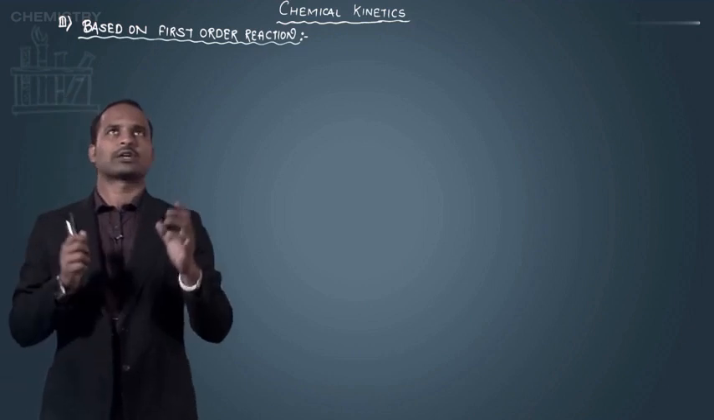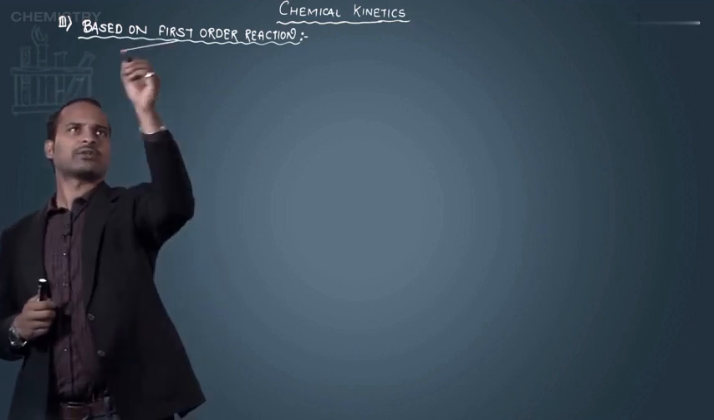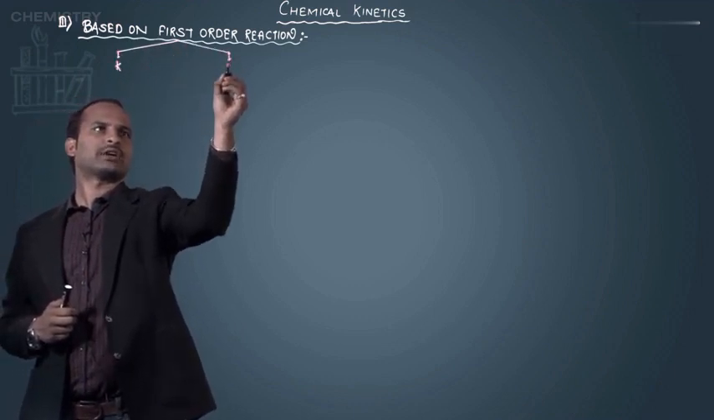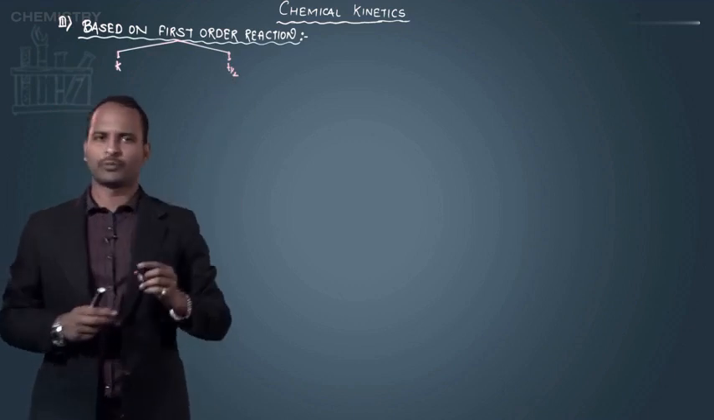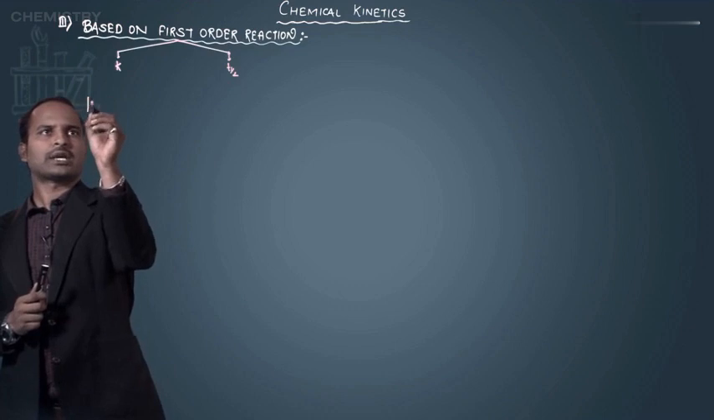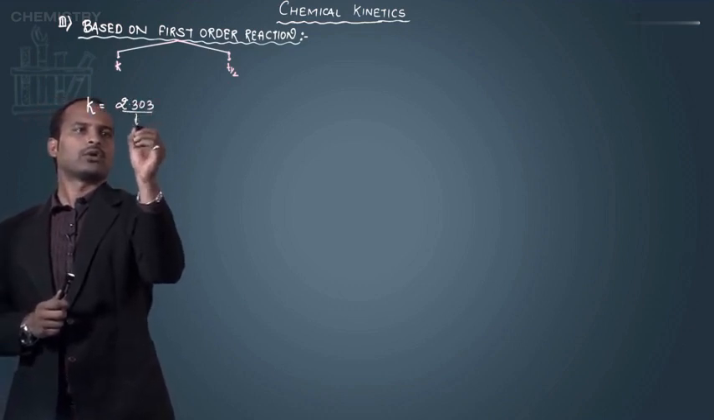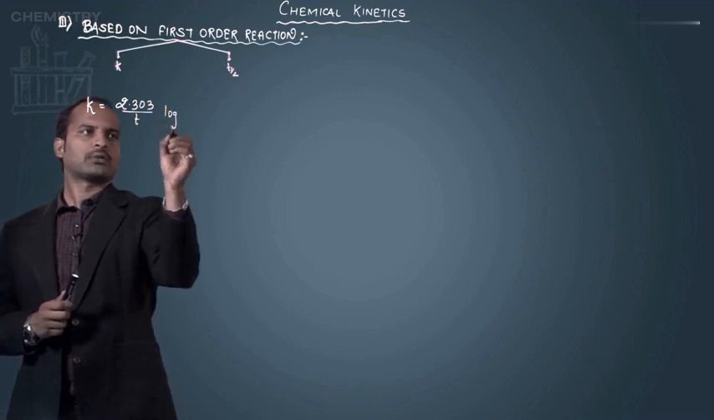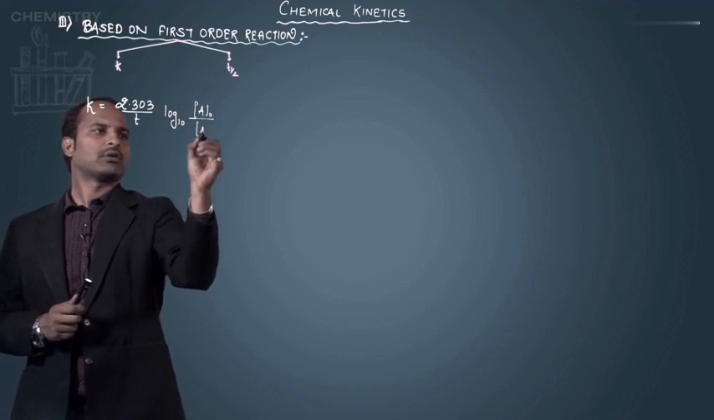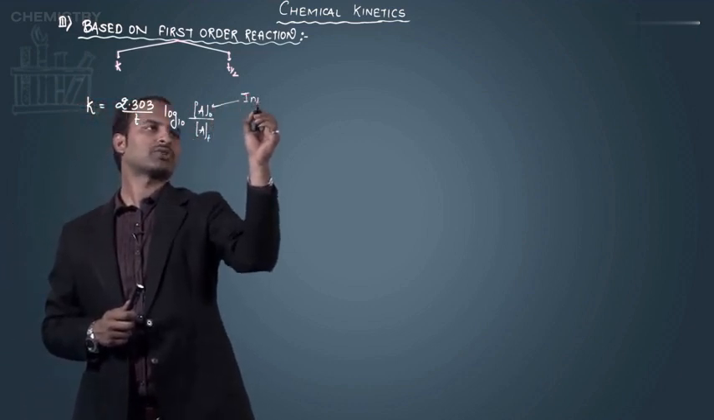Now when we are talking about the first order reaction, questions are generally asked on two factors. The one is the rate constant, that is K, and the second is the half-life period, T half. For both we have a formula. For K, the formula is K is equal to 2.303 upon T log to the base 10 of A naught upon AT, where A naught is called the initial concentration of reactant